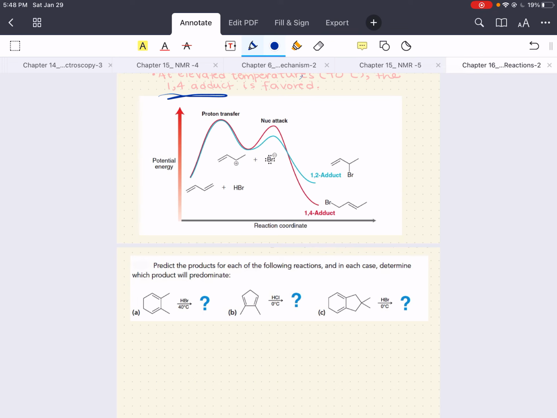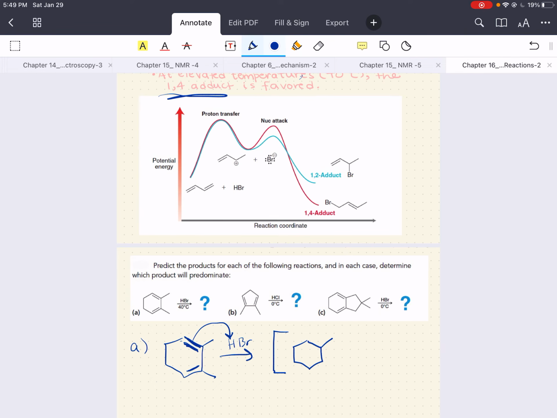So for A, all right, we're going to go ahead and do the hydrohalogenation for this conjugated diene. All right, what happens? Let me try to draw this better so that everybody understands. Let me make my double bonds a little prettier. Here's a double bond, and here's another double bond, right? We have our HBr. All right, this is pretty symmetrical, so we can work with any double bond we want here. All right, let's pretend this double bond takes this hydrogen. All right, fantastic. So what we're going to have here